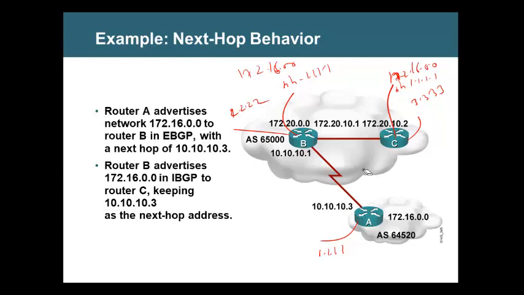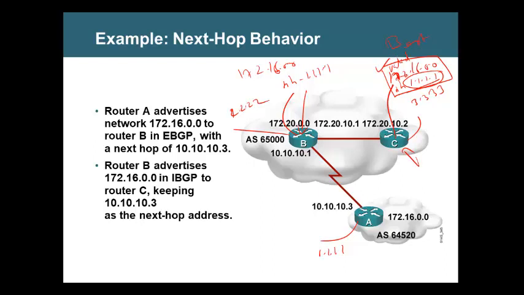So what is the solution? We need to go to B and tell B, put your own address, because the poor C doesn't know. Because it doesn't know, it says it is valid, but not the best. Why is it not the best? Because the next hop is unreachable. If C pings 1.1.1.1, it doesn't know where the network is. It cannot ping, isn't it? Because it cannot ping, it cannot use it. So it will say valid, but it won't put it in the routing table because it is not best.